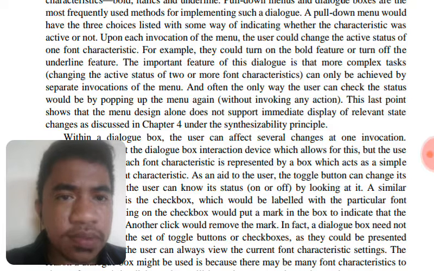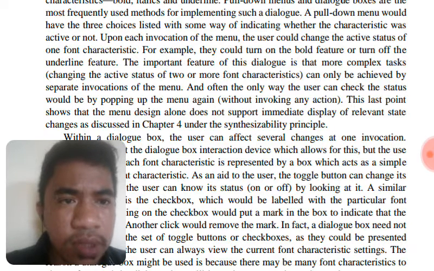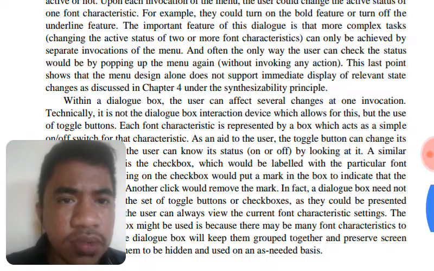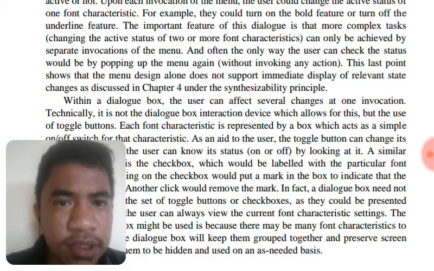Changing the active status of two or more font characteristics can only be achieved by separate invocations of the menu, and often the only way the user can check the status will be by popping up the menu again without invoking any action. This last point shows that menu design alone does not support immediate display of relevant state changes, discussed in Chapter 4 under the